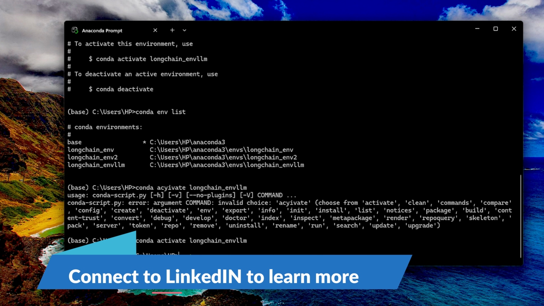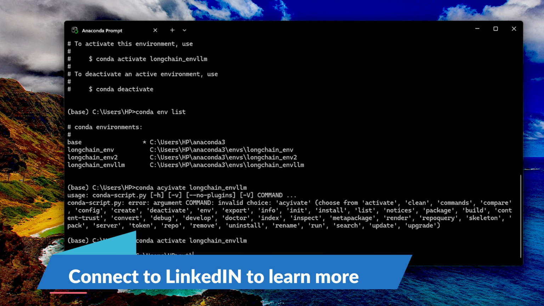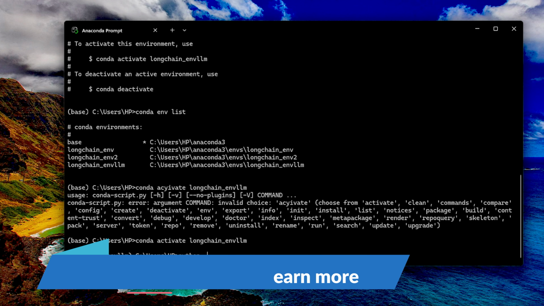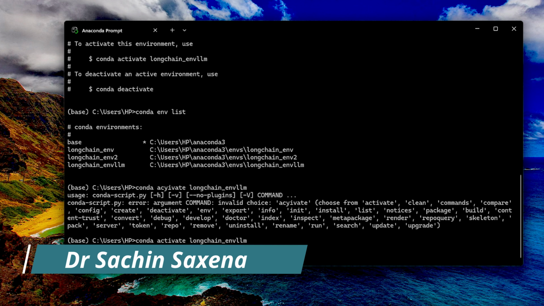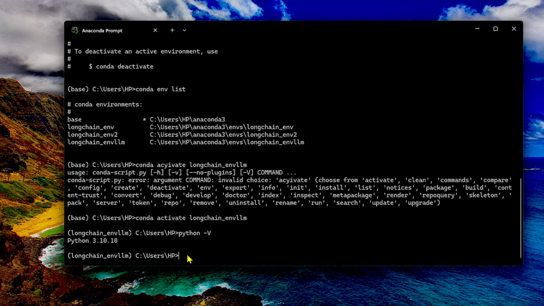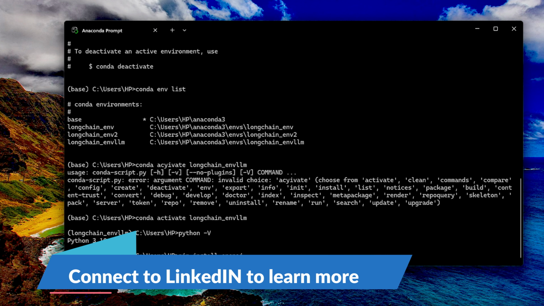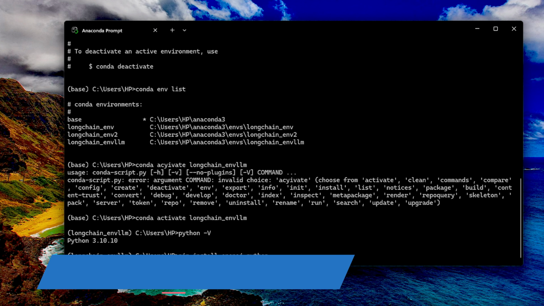Now you can check the Python version. For example, you want to see which Python version I am currently going to use. So python space -V. Can you see it's showing the correct Python version, 3.10.10. Now if you want to install a certain library, you will have to use pip install, and for example I want to install openai, python-dotenv